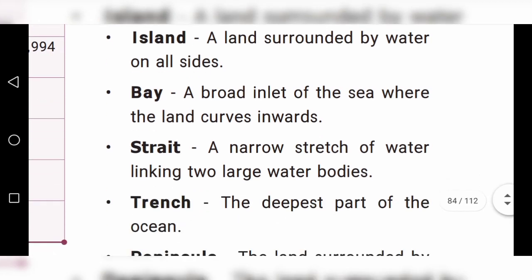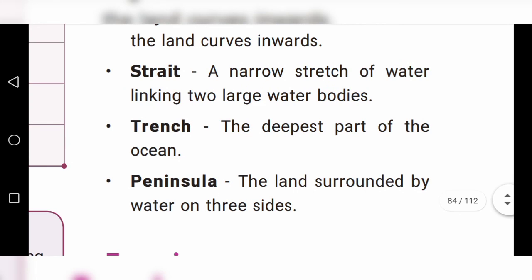Next one, strait. Strait means a narrow stretch of water linking two large water bodies. Next one, trench.